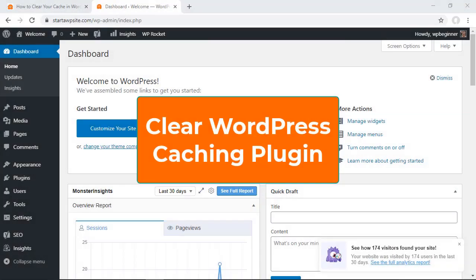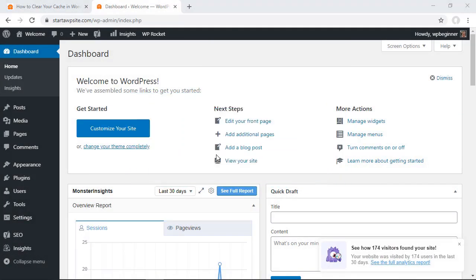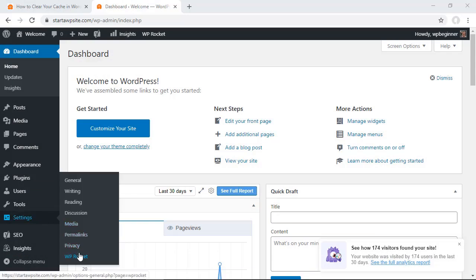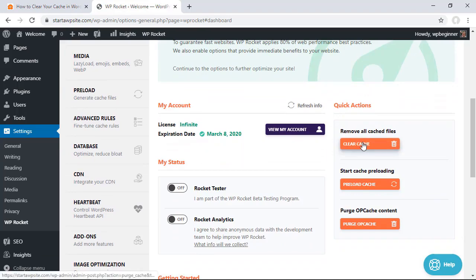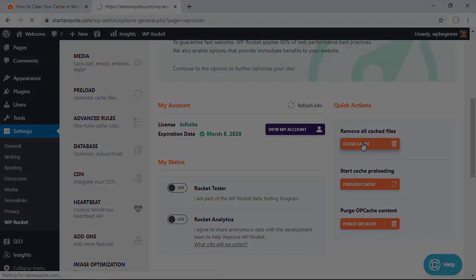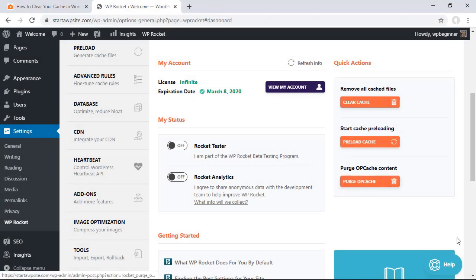The next one you want to do is clear your cache in your WordPress caching plugin. You probably have a caching plugin on your site, and the two most popular ones are WP Rocket, and I even walked through how to set that up properly. You can watch that video here, and I'll show you how you can clear the cache there. So with WP Rocket, you simply want to go down to Settings, go to WP Rocket, and then over on the right, you can scroll down and simply click Clear Cache,